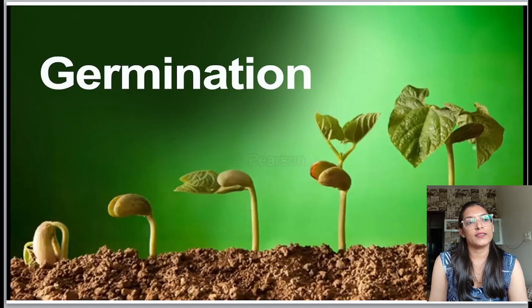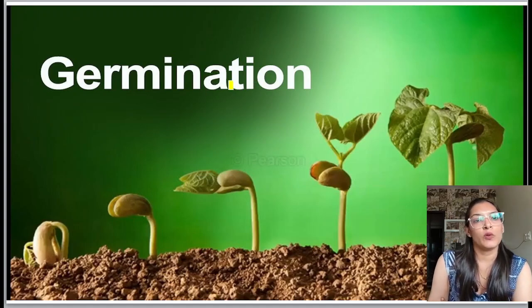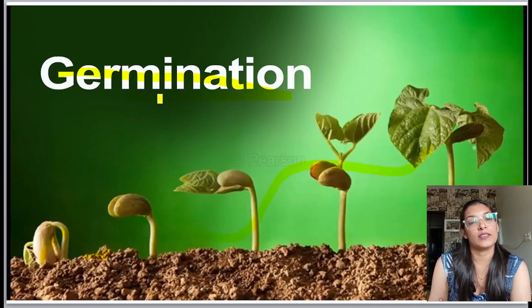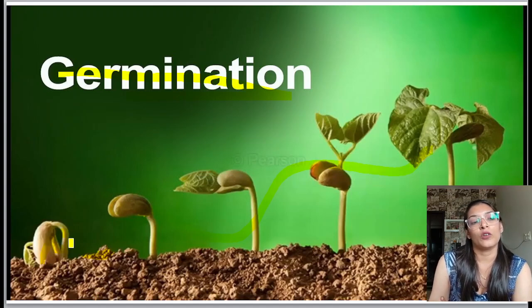So, we have already discussed some of the topics, including the fleshy fruit and dry fruit. Next, we come to the last topic of this chapter, which is germination. Now, what do you understand by germination? When a seed has to become transformed into an entirely new plant, the whole process of growth is called germination. Germination refers to the biological process associated with the growth of a seed into a young plant.